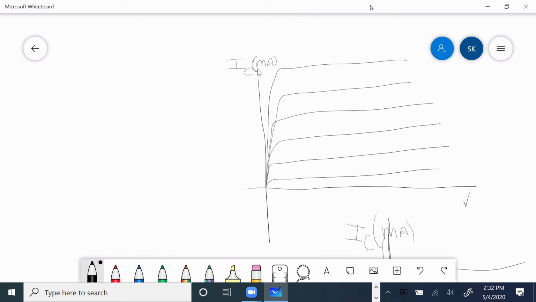This is VCE, VCE in volt, of course. Now, I need to know what VCC is. VCC must be given to me. It is the battery of my circuit. So, if, for example,